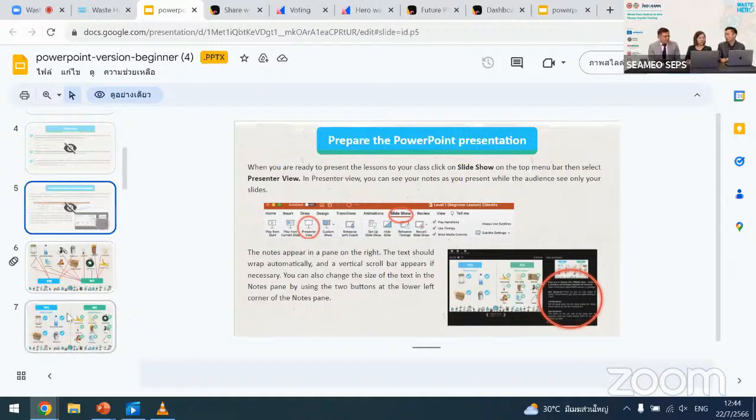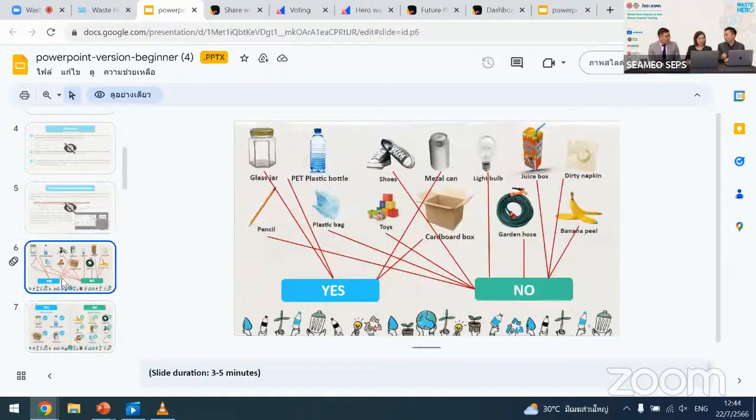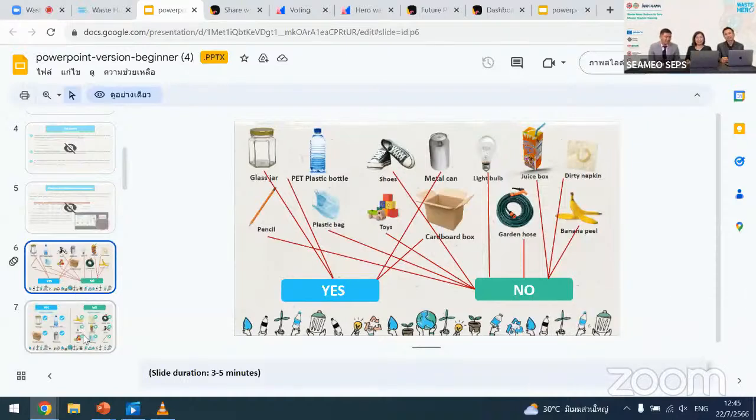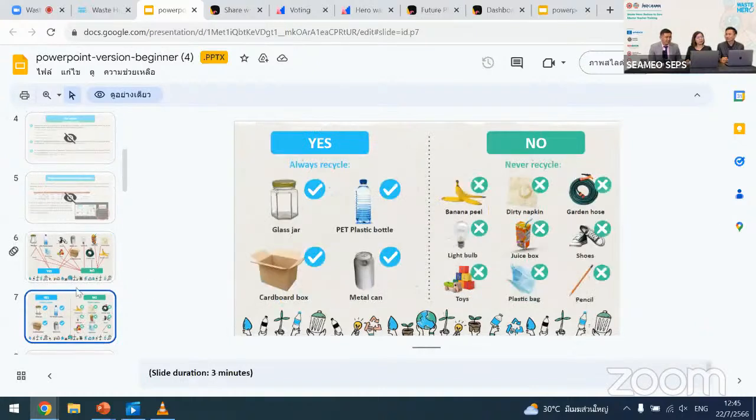And how about the students? Would they get a worksheet for this? Oh, sure. For this example, this is an interactive lesson, right? Interactive material on waste separation. Even though this is not kindergarten or primary school content, as I said, this is how we scaffold students from kindergarten to secondary level, right? And I think Mr. Anwat is implementing this in the classroom.